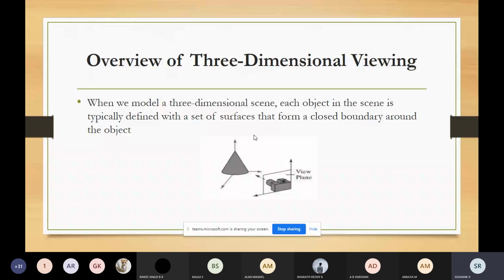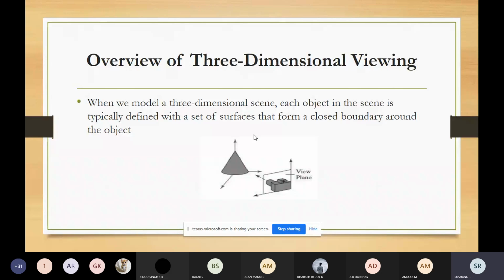After this, the object descriptions are transferred to the viewing reference coordinates, and they will be projected to the view plane.